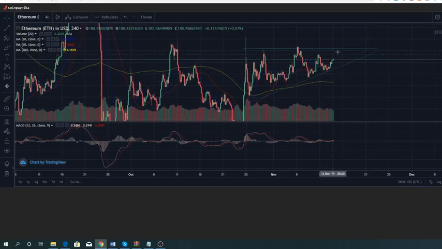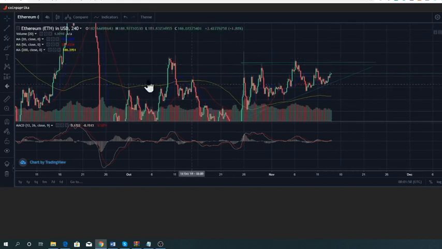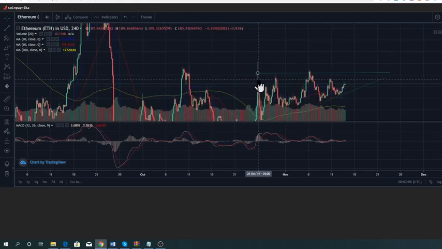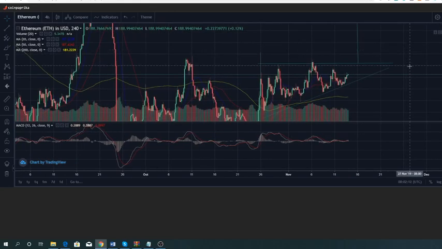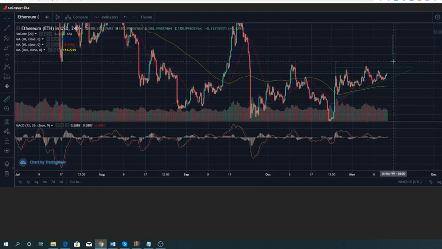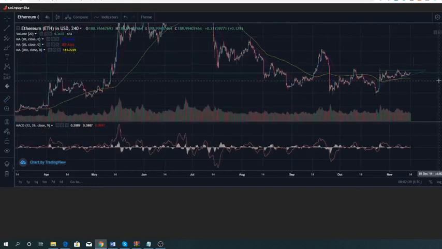So if the price manages to reach 192 and break that, the expected move will be higher, say 207, 210 in that area. If we measure this move from here and take it to the expected area, we can see around 210. If we measure that in percentage from the breakout, it will be more or less around 9-10%. That's not a bad move, right? In a couple of months it's not a bad move, but this is crypto and you guys are